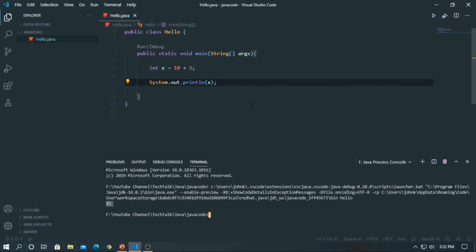Although the plus operator is often used to add together two values, it can also be used to add together a variable and a value, or a variable and another variable. Let's see examples of those as well.